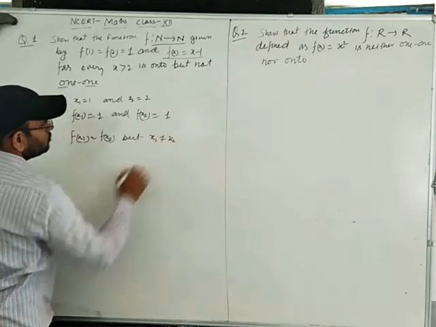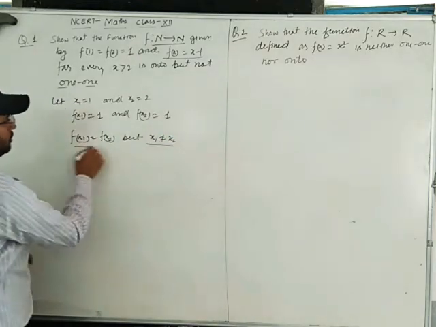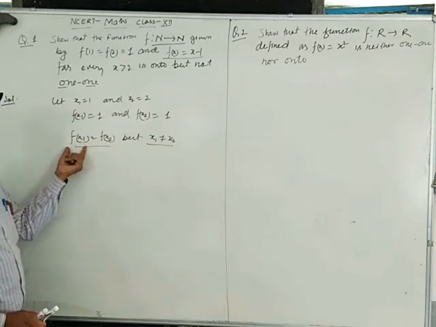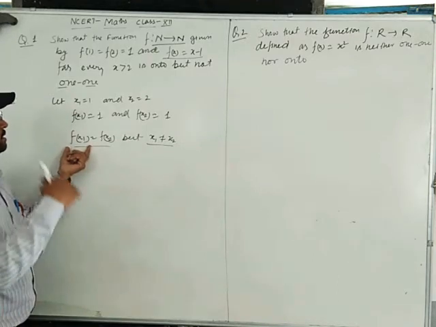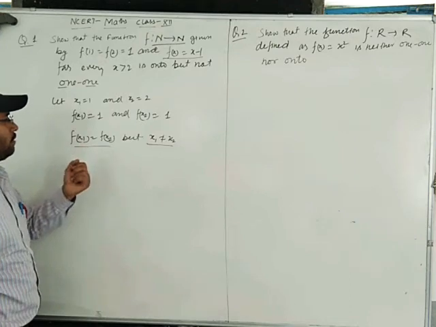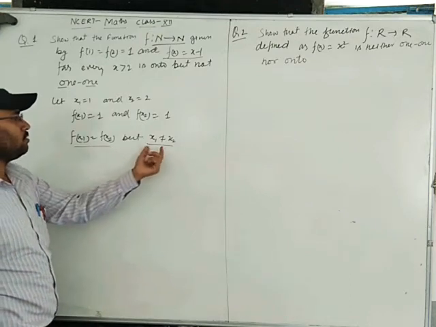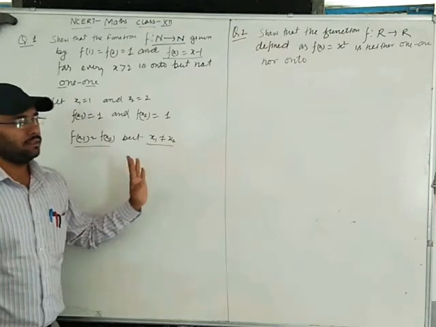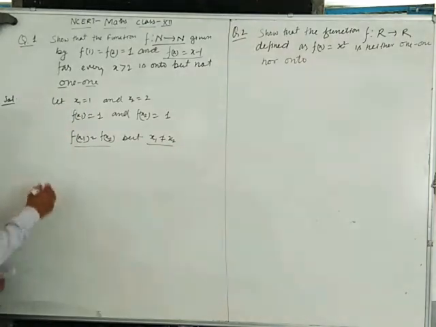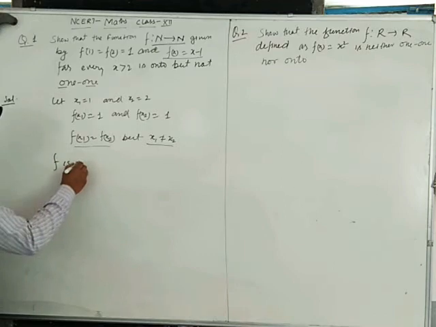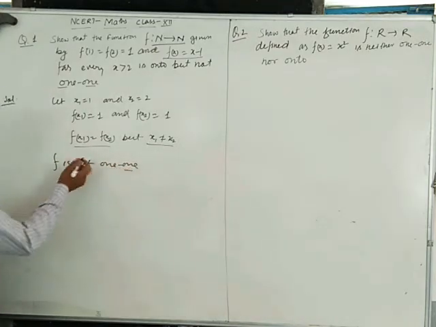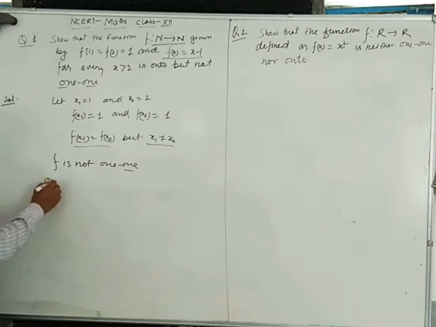equal to x2. So we have learned in my previous videos that we take two elements in set B that are equal, and we prove that the corresponding elements are not equal, they are different elements. So in that case we can say f is not one-one. Clear? So now what we have to prove? Onto.